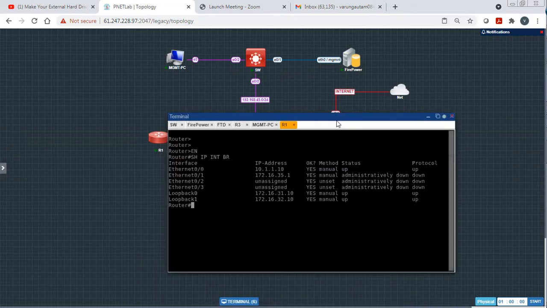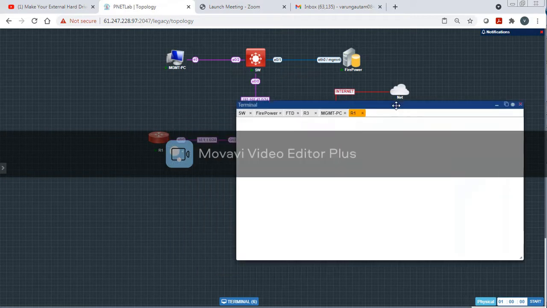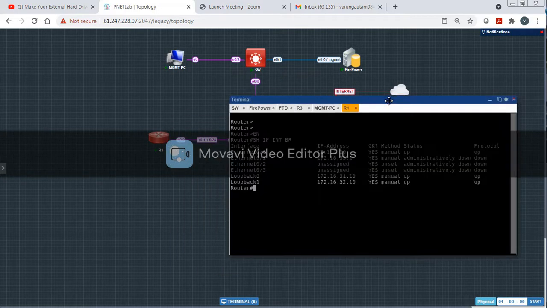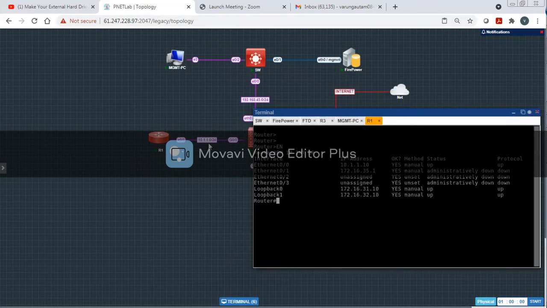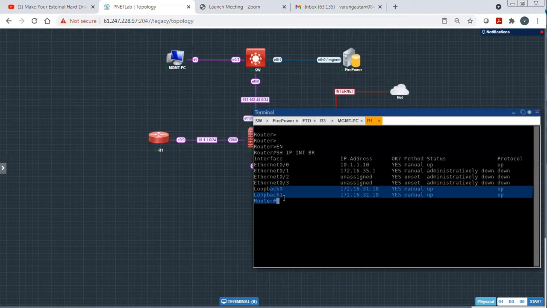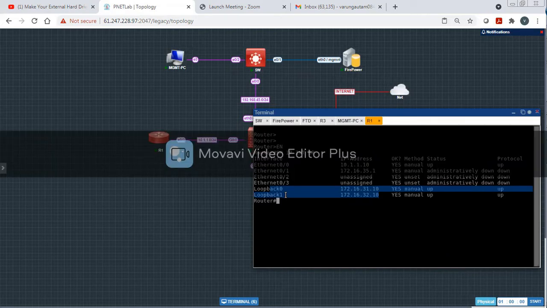Rest, let's start with the configuration. I have already done a little bit of configuration on certain devices. Let's just start and get the verification done. On router R1, I have configured these two loopbacks, which will be the networks for which we want reachability from FTD.